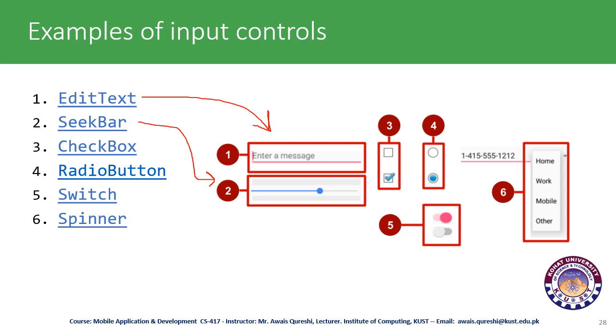So this is the seek control, and you have seen this type of control usually appear in a search bar. Suppose you want to specify some range of values, let's say in an e-commerce website you want to select a particular range according to your budget. In that sense you can use this control.